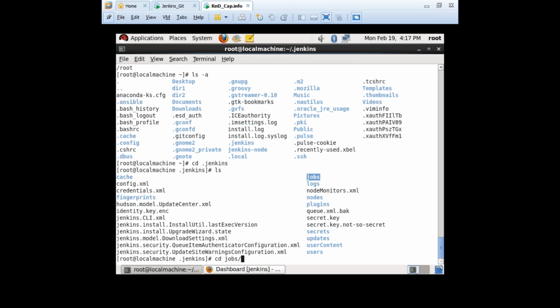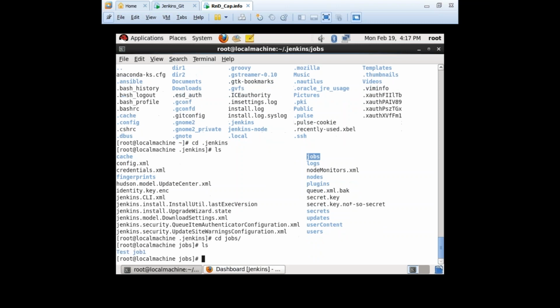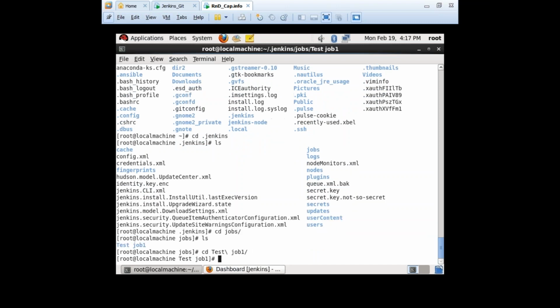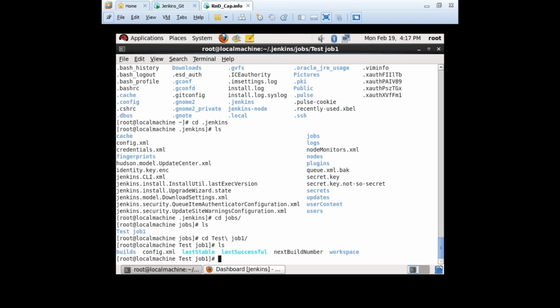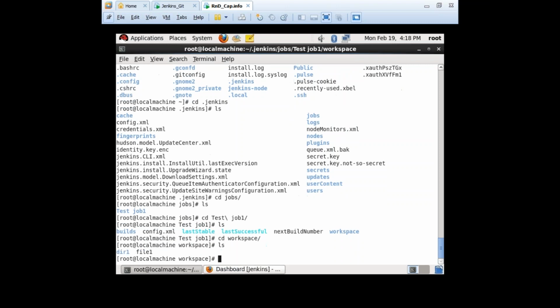cd jobs. Then which job is it? Test job. cd test job. Okay. Then ls. What is the directory name? The workspace, right? cd workspace. Directory 1 and the file 1. That is a physical location. So you're accessing through the browser. That's nothing but a UI, a kind of user interface. Okay. Now,